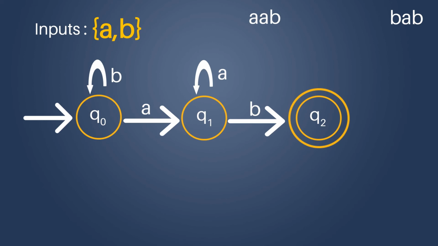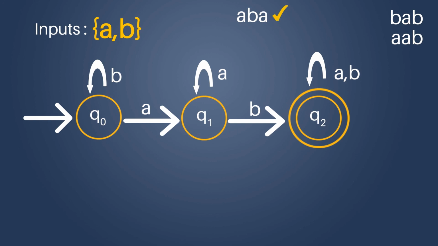Now we should express Q2 state with both the inputs. Let's try if we can write a self loop on Q2. And I label it as A, B. Let me consider this string ABA. This string has the substring AB. So this is a valid string. Q0 upon A, I'll come to Q1. Q1 upon B, I'll come to Q2. Q2 upon A, I'll be in Q2 itself. Q2 is the final state.